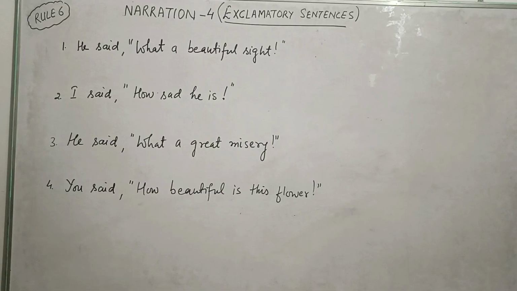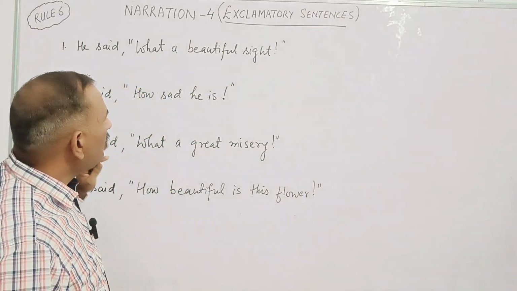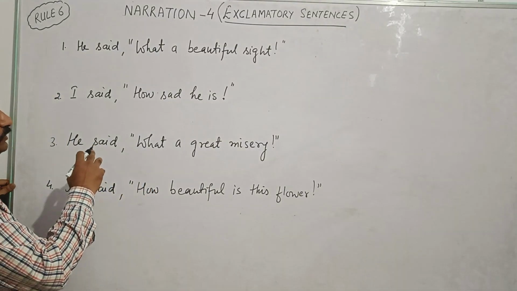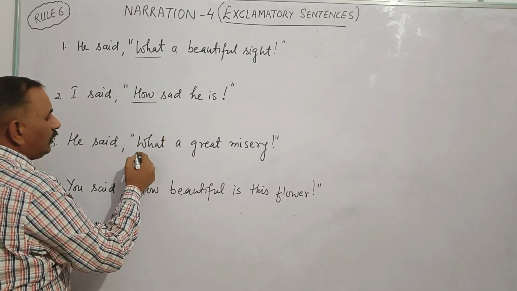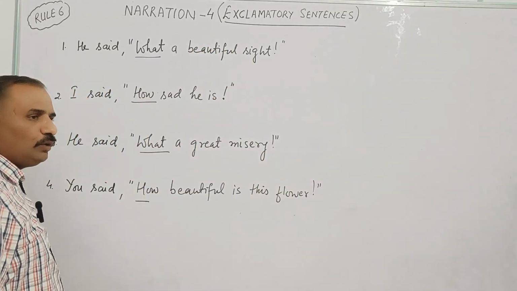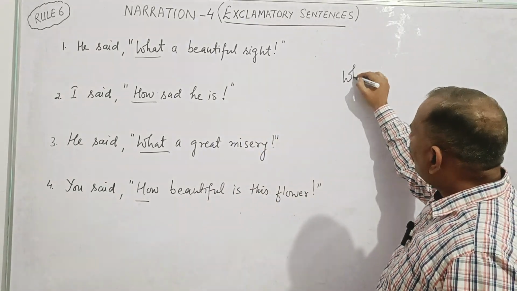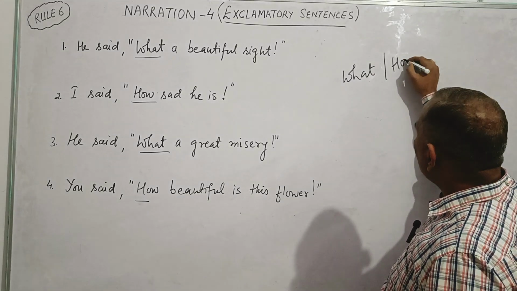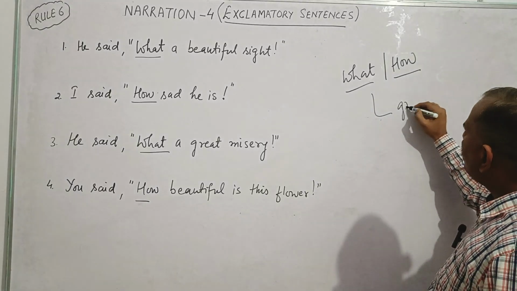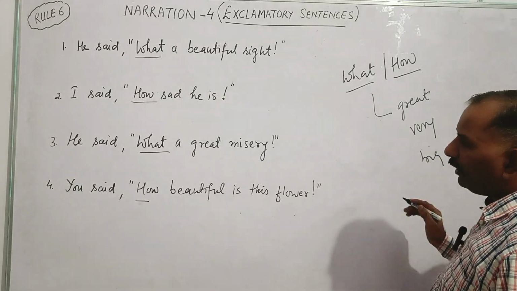Okay, welcome back again to the second part of exclamatory sentence. But here you will see that no such words like alas, hooray, oh, who have been used. We are using what and how, and at last the sign of exclamation is there. As I told you earlier, whenever the reported verb of an exclamatory sentence starts with words like what and how, they will be changed into words like great, very or big. How do we have to change it?